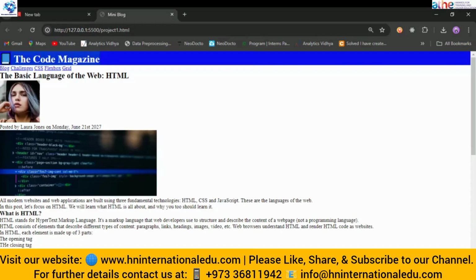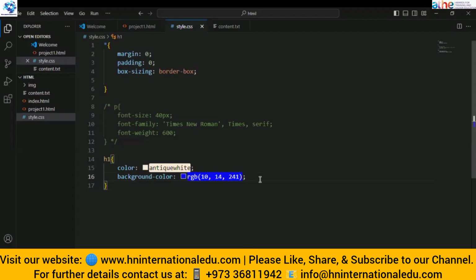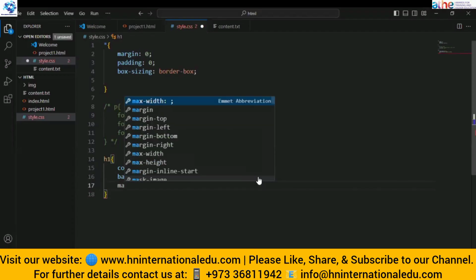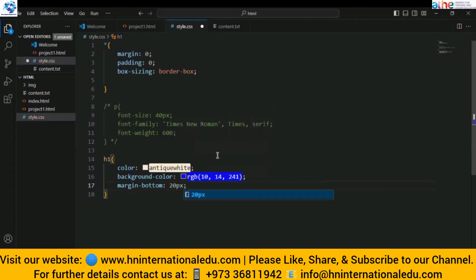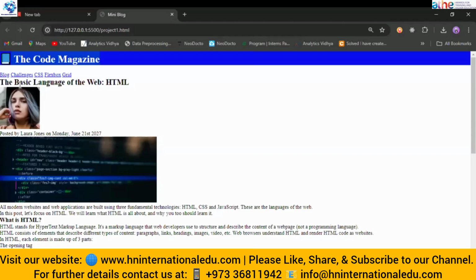Let me explain this. Let me give some margin here. I will write margin-bottom, for example, 20 pixels from the lower tag. Everything you write is in the form of pixels. You can see a space is created between this line and this code.